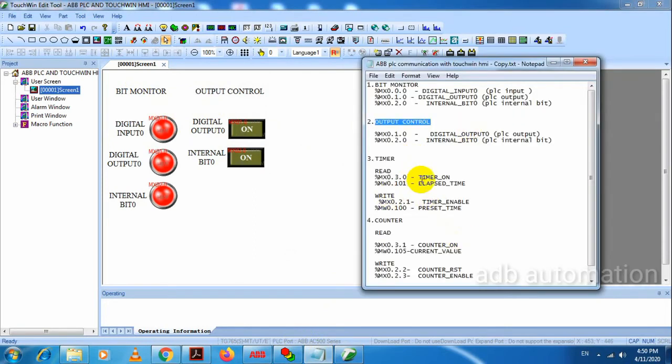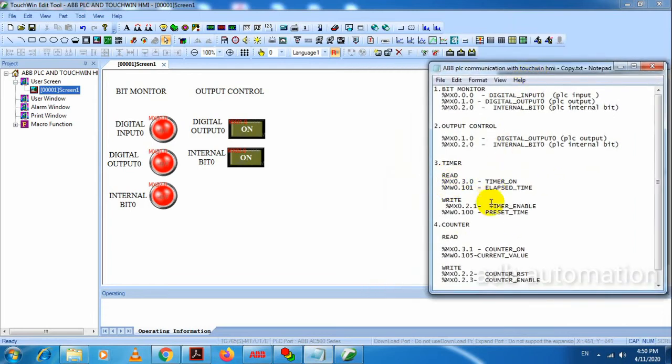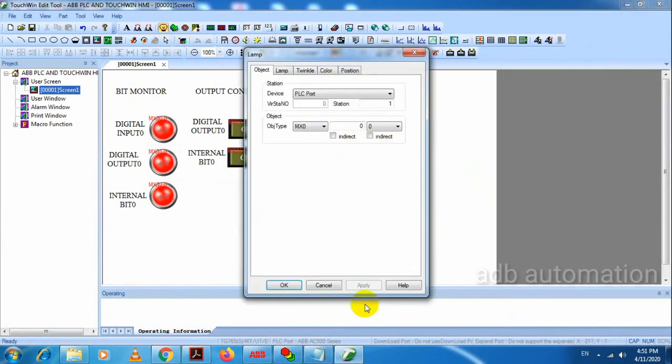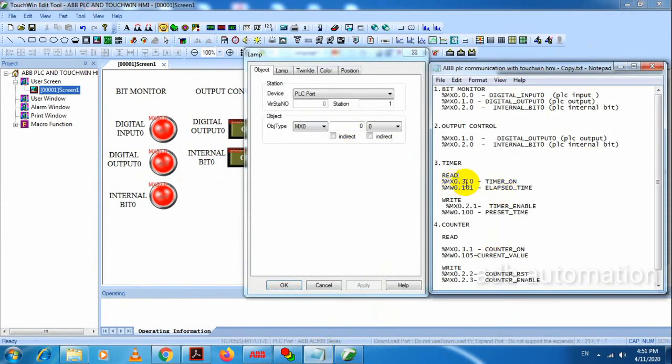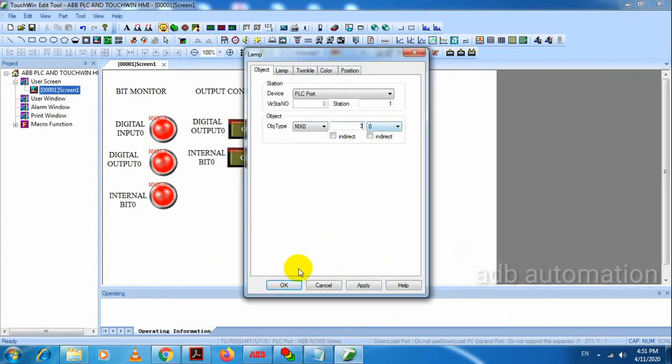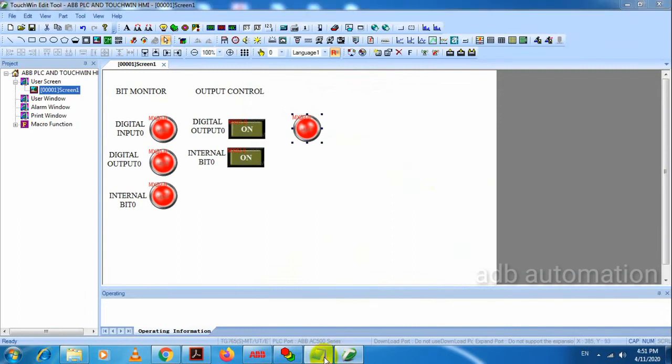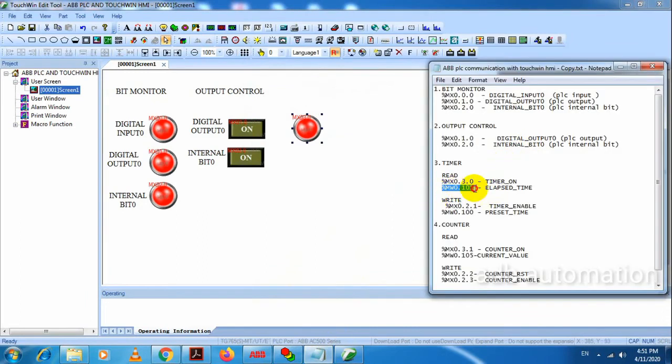Next one is timer. For the timer, we have used these addresses. First we will read the values. To read the bit, I have to use a lamp. So I will insert one lamp. What is the address? mx 0.3.0. So I'll enter that address. Okay, next we have to read one value.